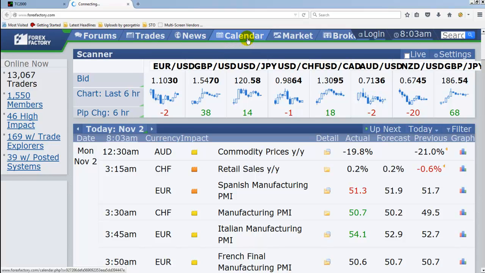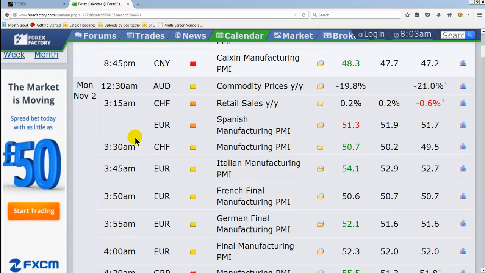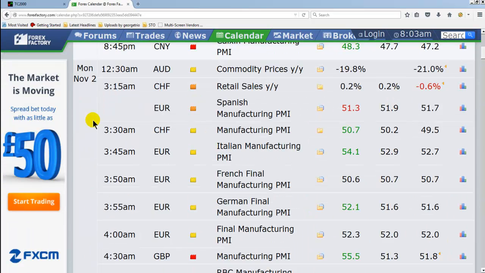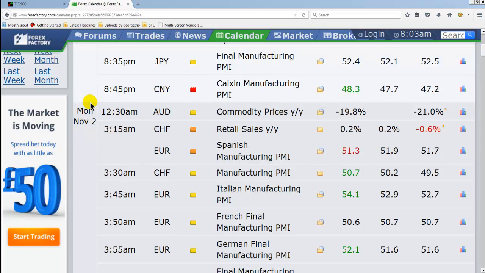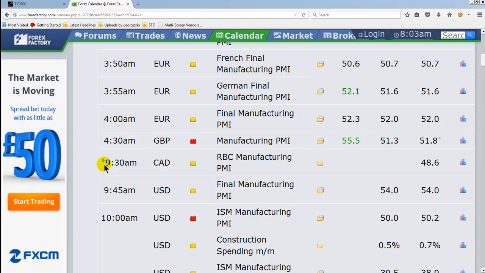It's loading calendar, and today is Monday, the 2nd of November 2015, and we are looking for the time. The time that you are looking at here is the New York time. So you can see here it's showing 9:30 a.m. Eastern time. That's 2:30 p.m. London time. So we have Royal Bank of Canada manufacturing PMI, the final manufacturing PMI, United States, and another